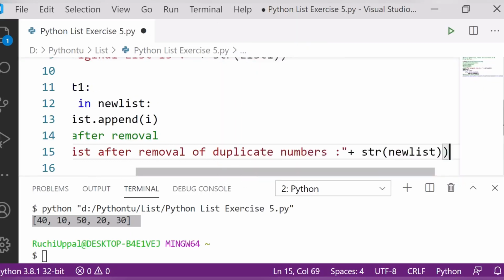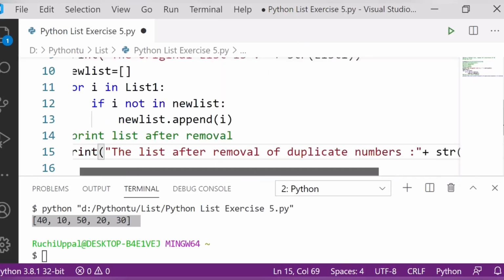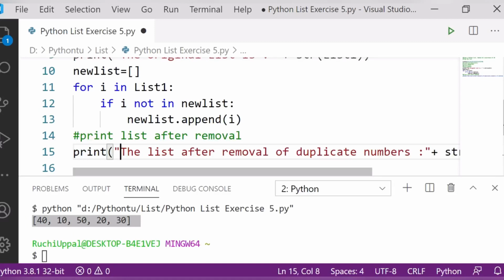Fine, so this is what I have to do here.